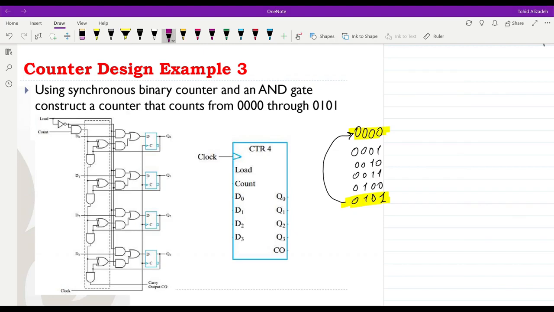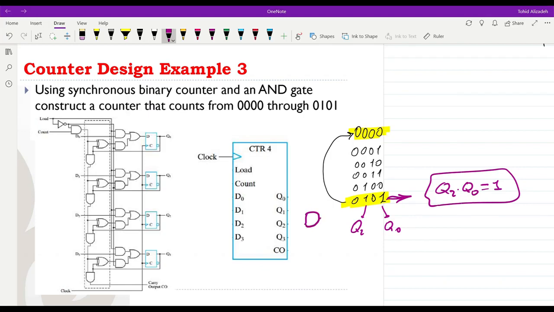How can we detect the occurrence of this number? By looking at it, we can see that it happens when we have Q2 and Q0 equal to 1. Whenever this happens, it means that we have this count value. So I can just place an AND gate here, connect its input to Q0 and Q2, and whenever we have that case, we just